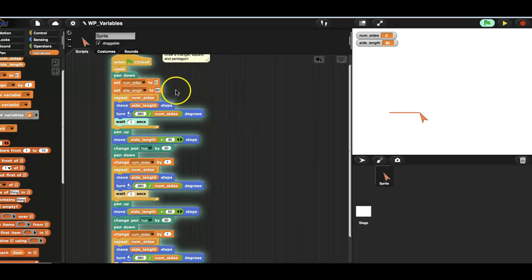This is my code for drawing a triangle, square, and a pentagon. So first, when you click on the green flag, it will say reset and then pen down. Once it's pen down, it means that it's gonna start drawing. And when it says set num sides to 3, it means that it's gonna be a triangle with 3 sides. And then side length to 80 is gonna be the slanted way